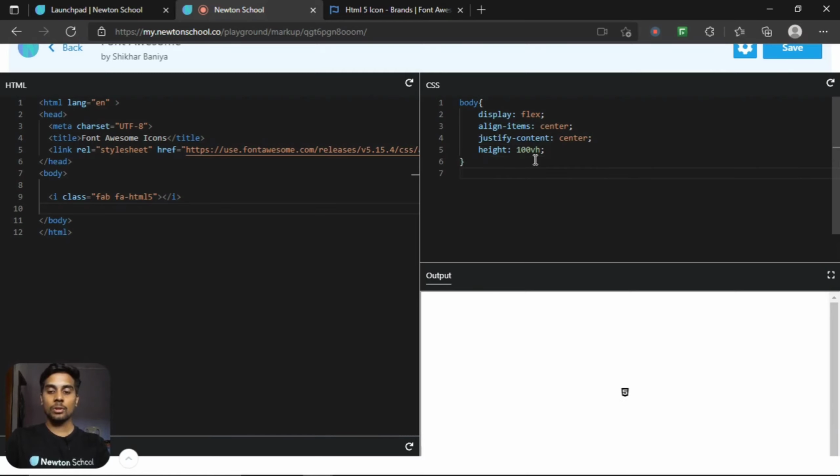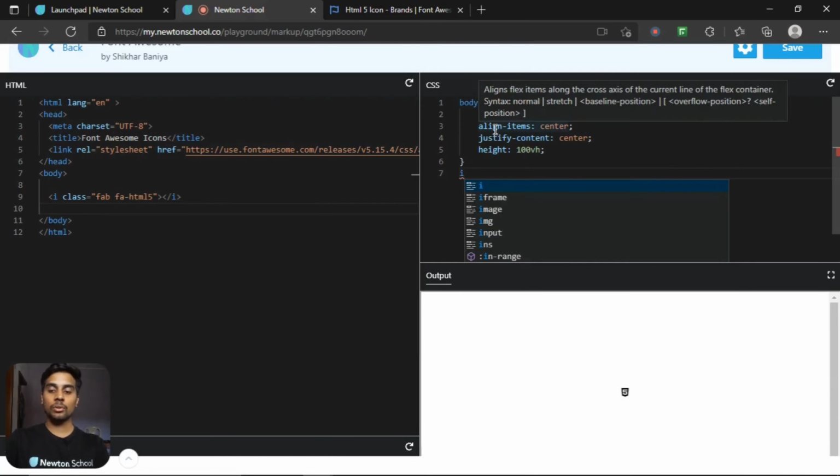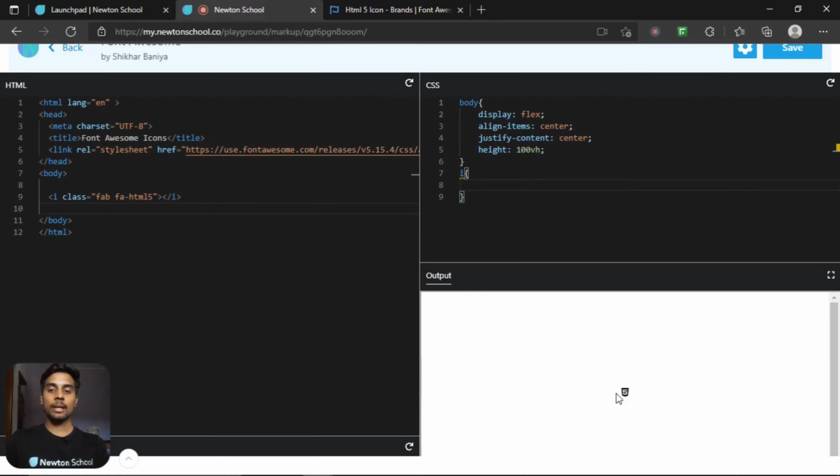Okay, now if you want to edit a particular icon, just write I, since we have the I tag for icon. Okay, curly braces open close, and now you can edit this icon. So first, let me increase the size. Every icon in your HTML which is provided by Font Awesome doesn't need any width or height. You just specify the font size, and let's say 75 pixel. So using this, you can increase or decrease the size of your icon. Okay, let me add 95.